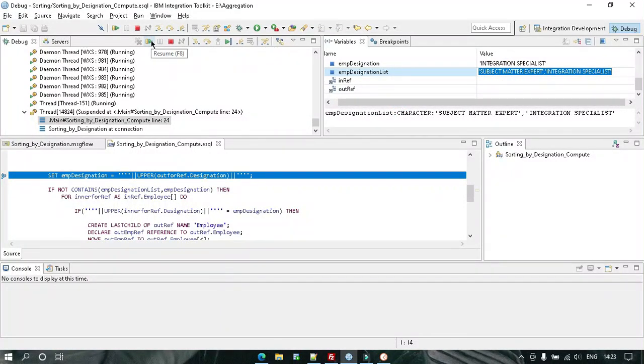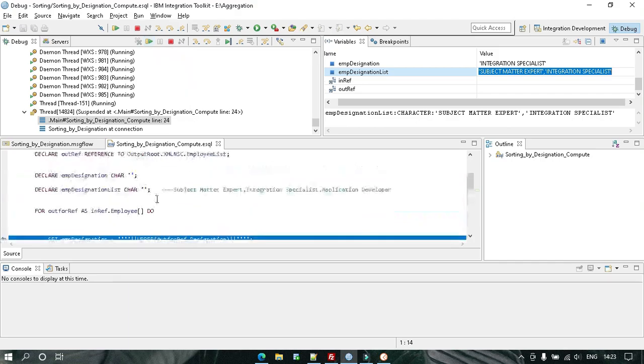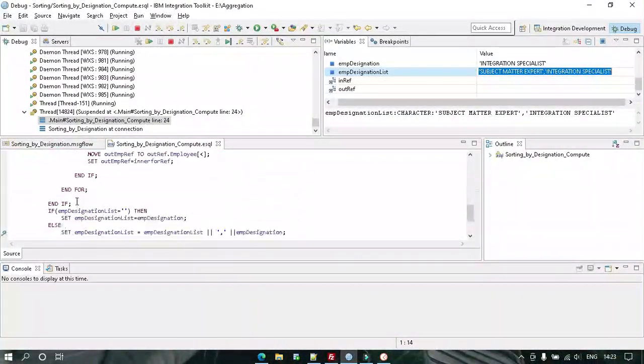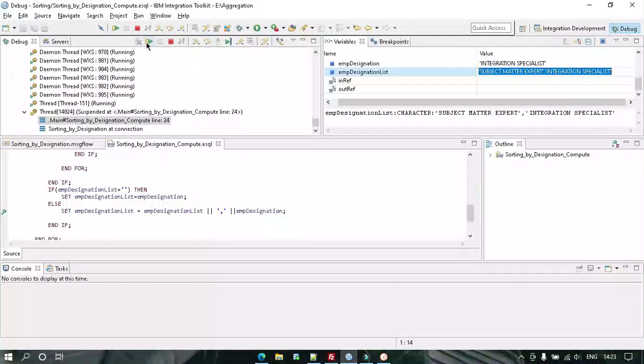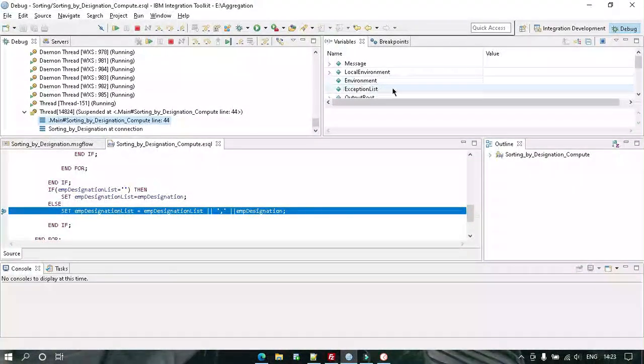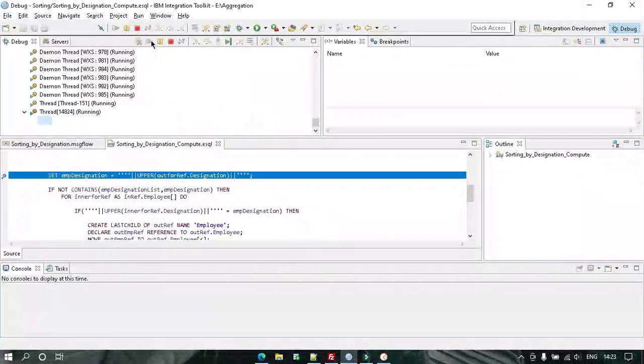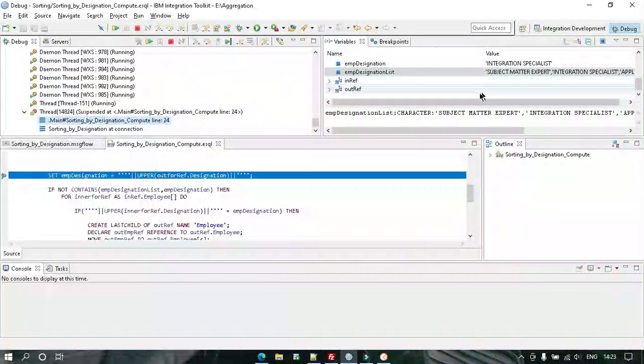This function, resume, allows us to move between breakpoints only. Where is the next breakpoint? Here. If I click F8 or click this option, it will go to the next breakpoint only. So if we want to move from breakpoint to breakpoint only, we use this option. So this list is getting populated.